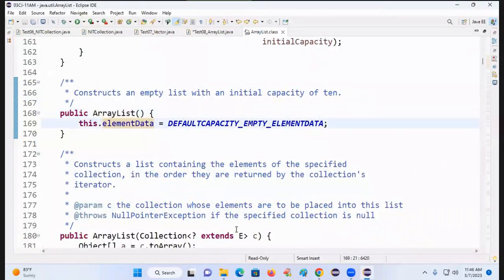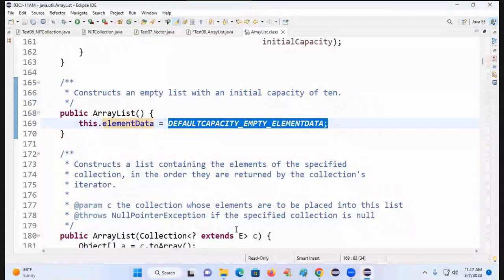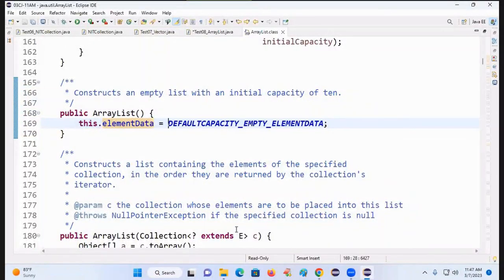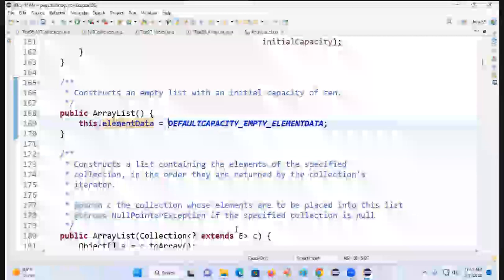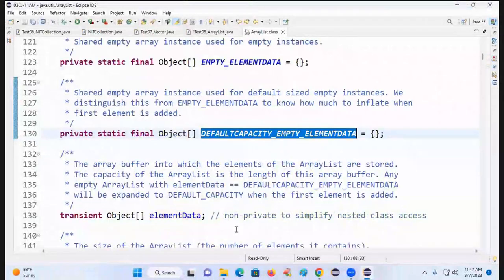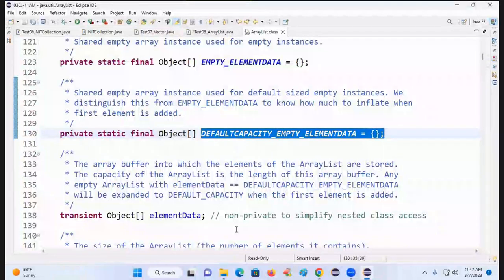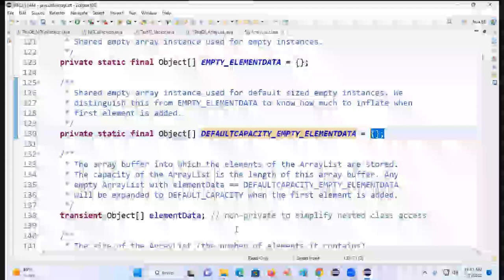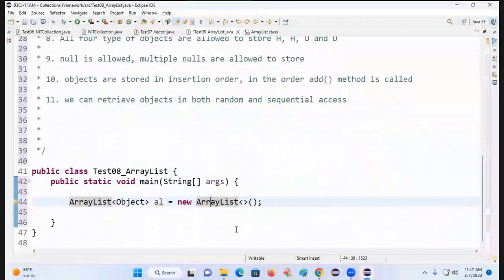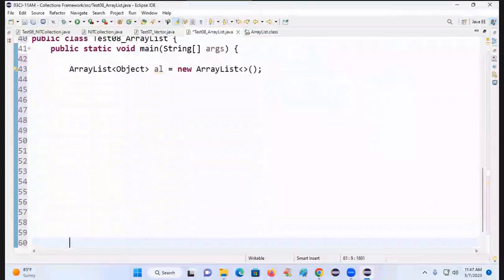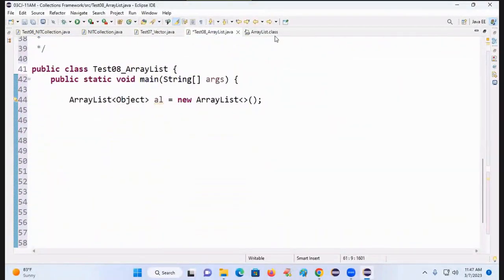Tell me, in the Vector class we have new object array of 10, remember? But in the ArrayList class we have new object array 10, no. What array is created? An empty array is created. That empty array name is default capacity empty element data. So the array is what? Empty array. That means, tell me the memory diagram of ArrayList. Understand the difference between